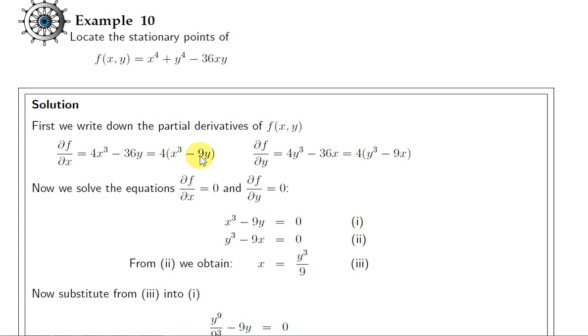We can factorize 4 out of that. Let's take df dy. Well, x is treated as a constant, so x to the 4 goes to 0. This term goes to 4y cubed. If x is treated as a constant, we just get what's in front of x, which is minus 36y. Sorry, I should say that